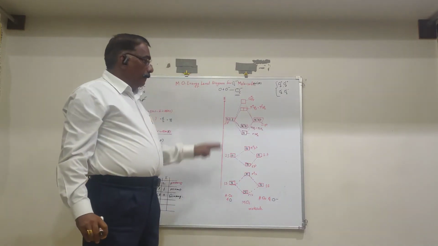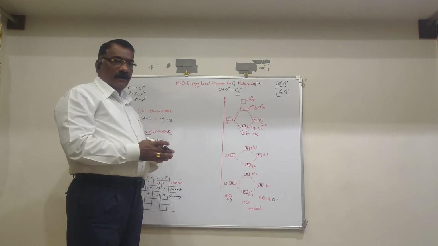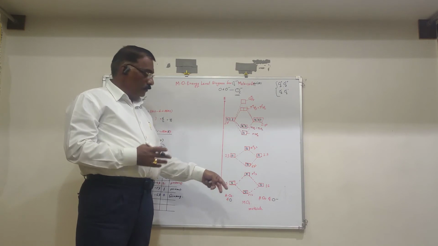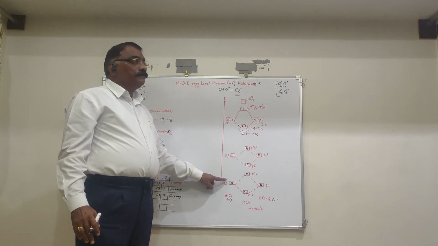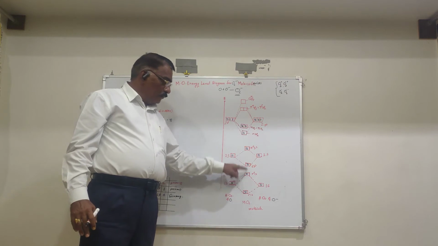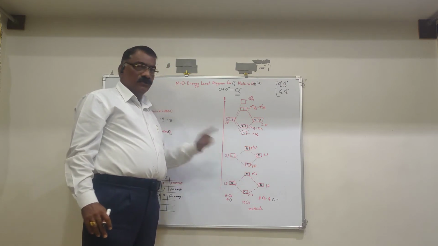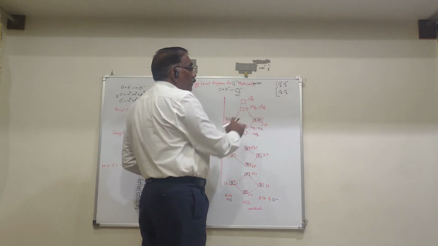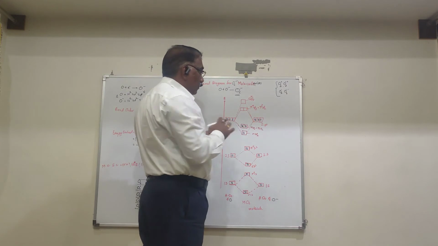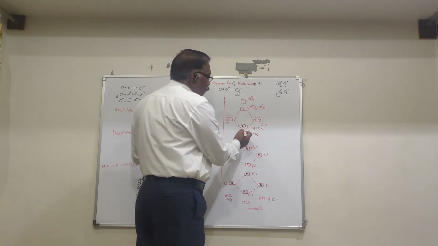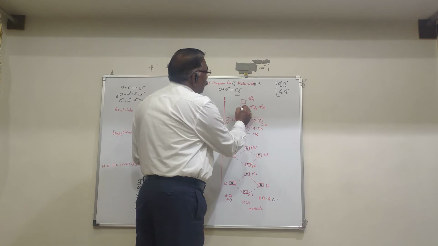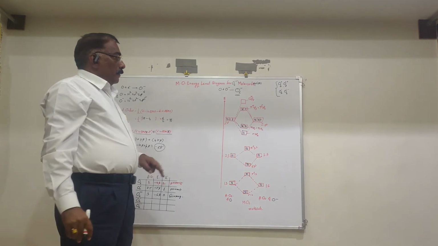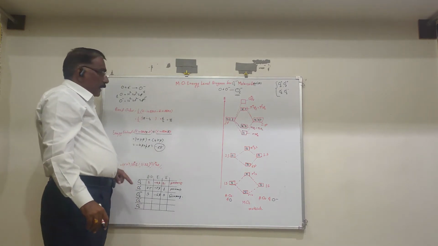See this particular electronic configuration. In the combination, there is formation of the molecular ion. That molecular ion will be filled by the electrons at the 1s level. There are the 4 electrons, as usual they are filled. The 2s level, they are as usual filled. And at the 2p level, there are 4 electrons from the oxygen and 5 electrons from the oxide ion. Now 4 plus 5, total 9. So 1, 2, 3, 4, 5, 6, 7, 8 and 9. Then we are going to calculate the MO energy level diagram.